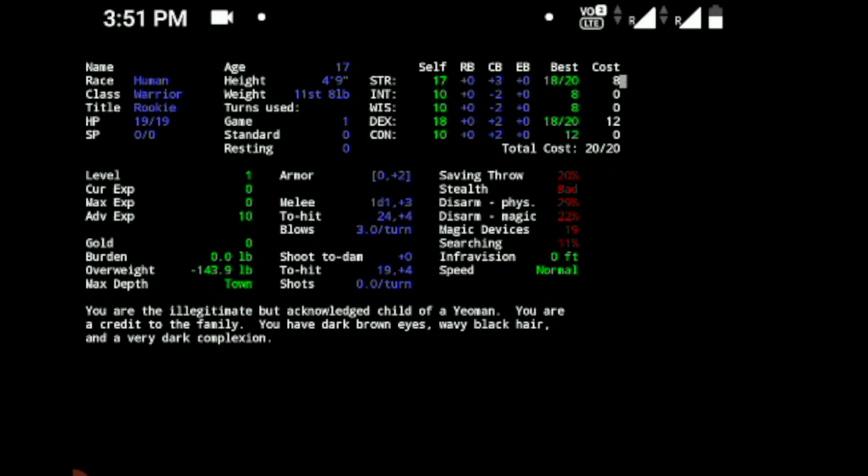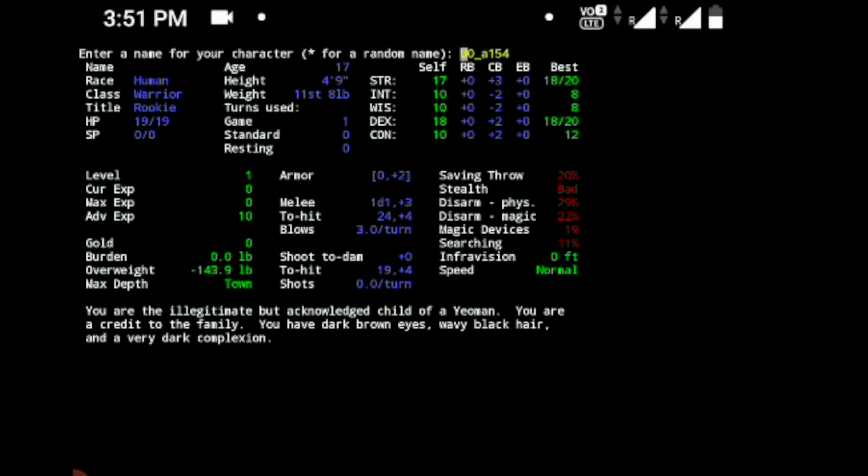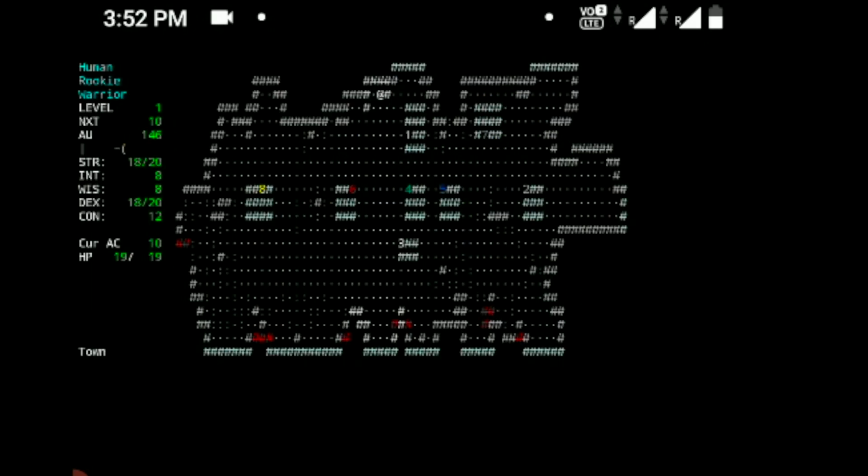The race of the player is human, and it is of the warrior class, with the age, height, weight, everything. Now again you simply have to hit enter to accept this, and the name of the character here is given. It will automatically generate a name, or you can even give your own name. I will hit enter again to save it, and now it will ask you to give Y or N to accept the character history. I will select Y and accept it, and press any key to continue. So I will press enter. Now you can see you are in the game.